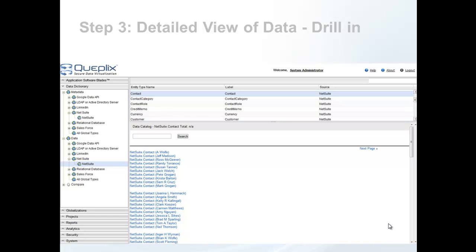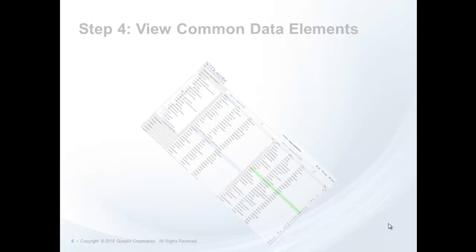But for any source that's connected, not only can you see the metadata, but now you can look at samples of the data, the actual structure of the data. You can look at data records, and so long as you have the security permissions, look at any data element in any system you have. You could connect 20 systems to your QCloud and look through the data, all without an intervening application. This is part of discovery, and part of what you need to do to understand how to map things together.